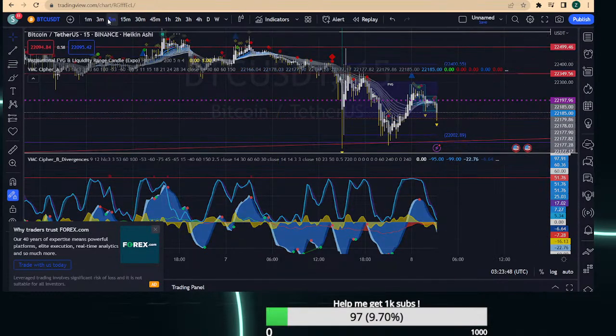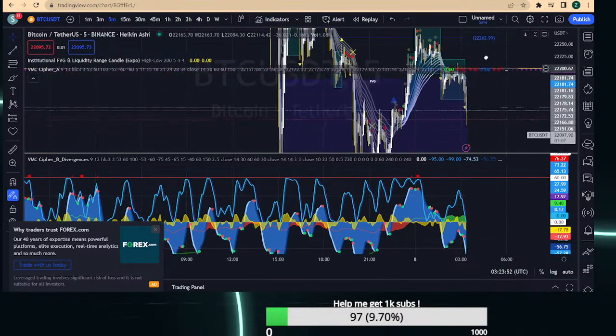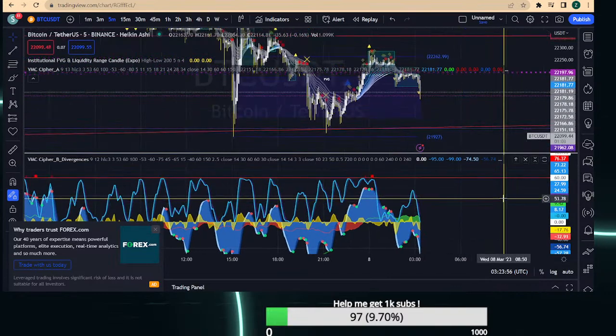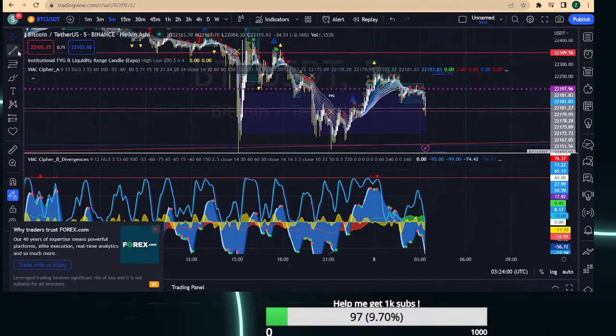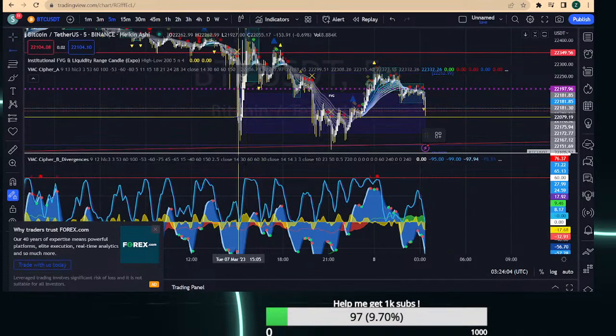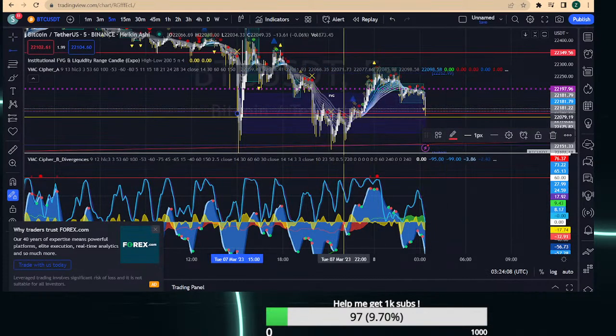So now let's go to the 5-minute. So now it's in the middle of the FVG, which I was told that middle of the FVGs are good buying zones,